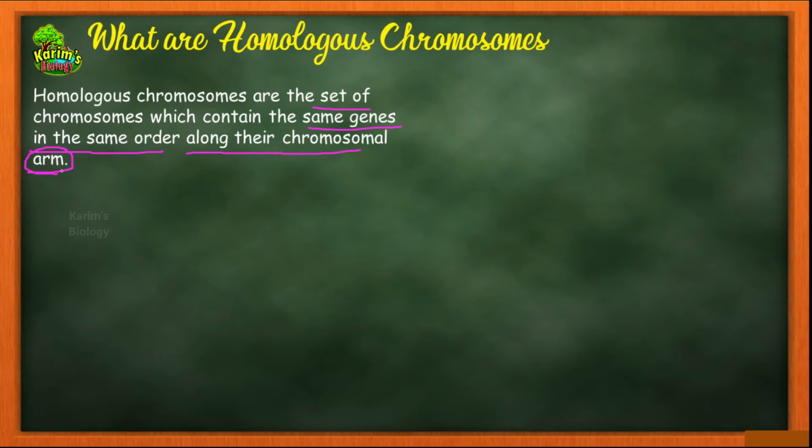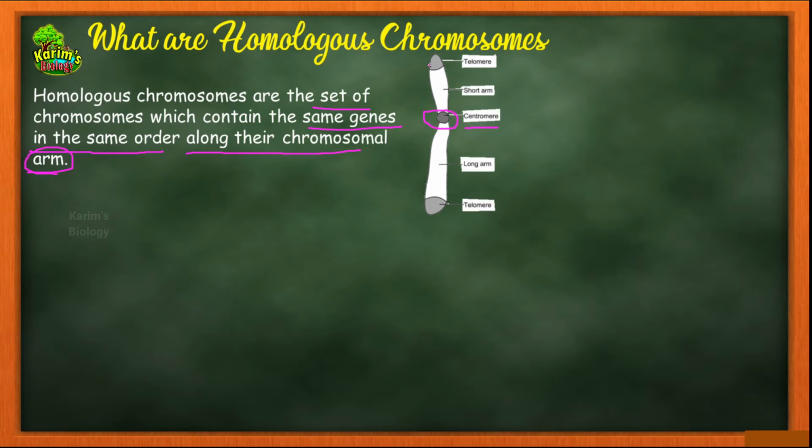So this is another new word that you need to understand. What is the meaning of a chromosomal arm? Look at the picture given here. This is the picture of a chromosome, and what do you see in this picture? At the middle of the chromosome you can see a small constriction. This small constriction is called the centromere, and the centromere is responsible for holding together two chromatids that are formed during cell division. What are chromatids? That we will be discussing later, but right now you try to know that the centromere is the place which is holding the two arms of the chromosome.